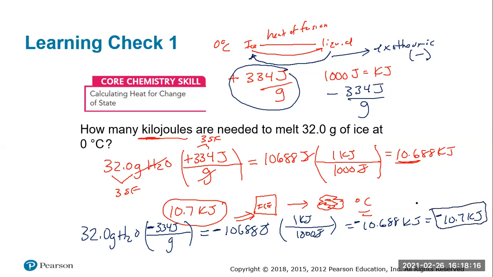So you can see it really is the same calculation. The difference here is that positive or negative to indicate that it is endothermic or exothermic. Technically speaking, you could do it all the same, and at the end put the positive or negative sign in, if you understand the process that's occurring. Is it endothermic or exothermic? All right, so that is our melting and freezing.